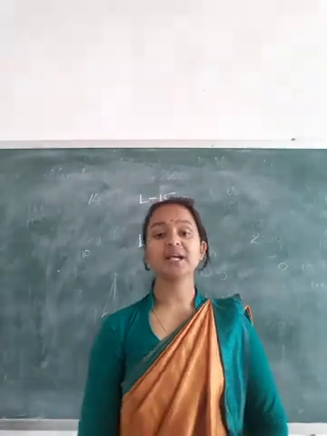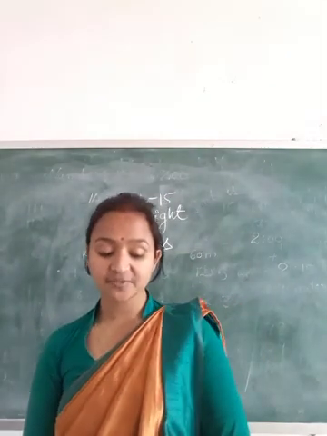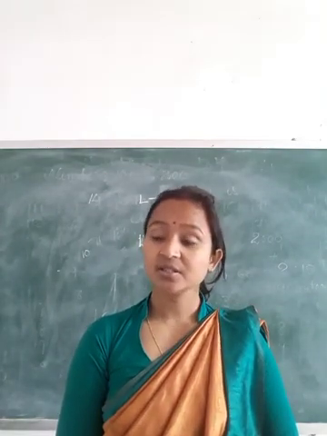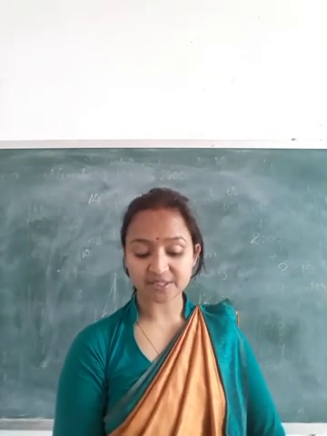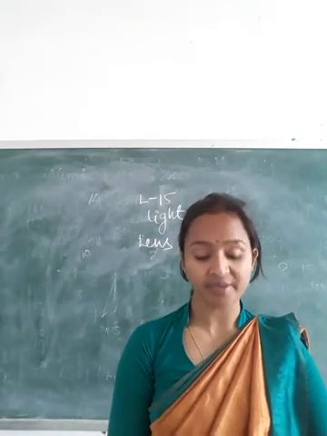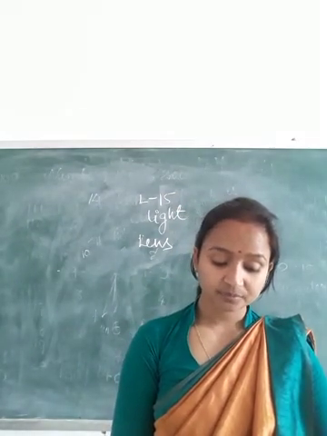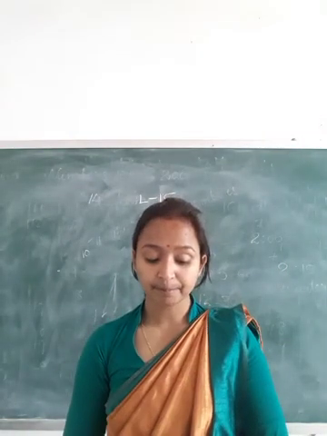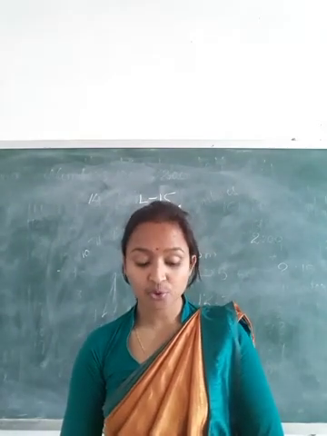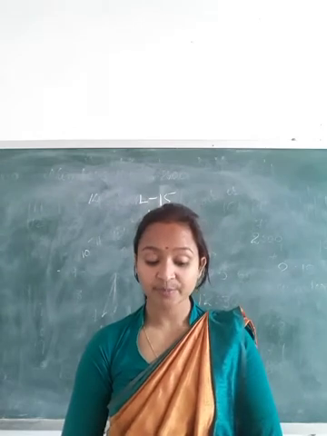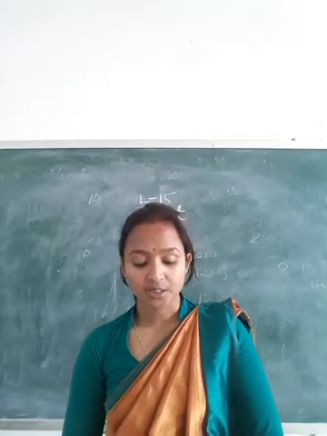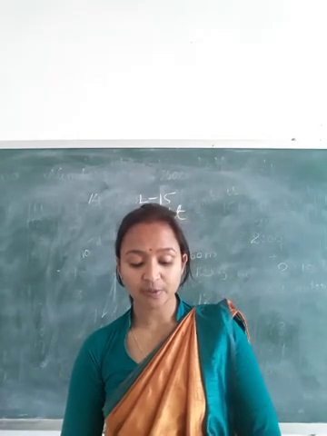Kinds of lenses. There are two kinds of lenses. The first one is the convex lens, the second one is the concave lens. What is a convex lens? A lens which has one or two spherical surfaces such that it is thicker in the middle and tapering at the edges is called a convex lens. When a parallel beam of light passes through a convex lens, it bends and converges to a point, and this point where the parallel beam of light converges is called the focal point or principal focus. It shows the photograph of a parallel beam of light.